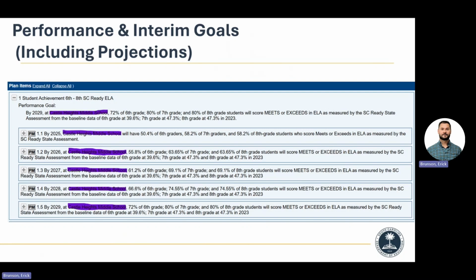Then they drop down to the PM and give the projection for 25, projection for 26, projection for 27, projection for 28, and projection for 29. Each of the projections are labeled under the title PM.